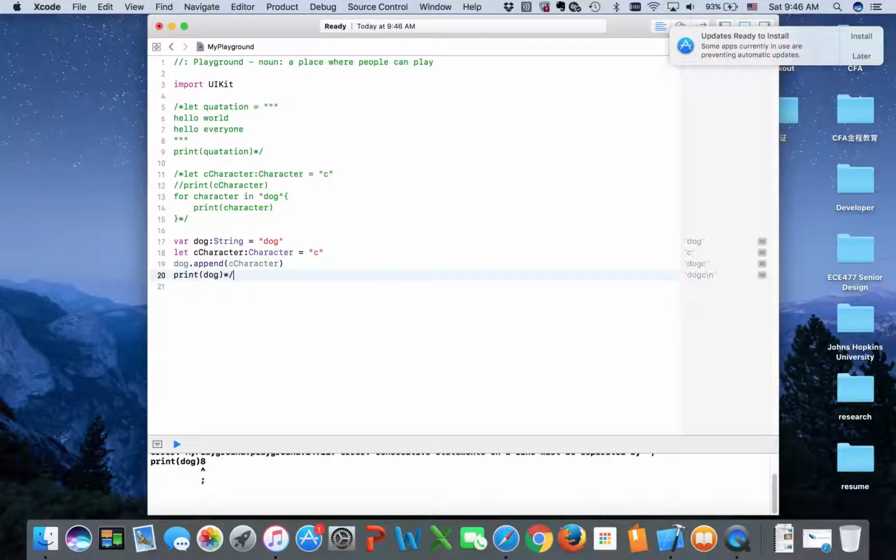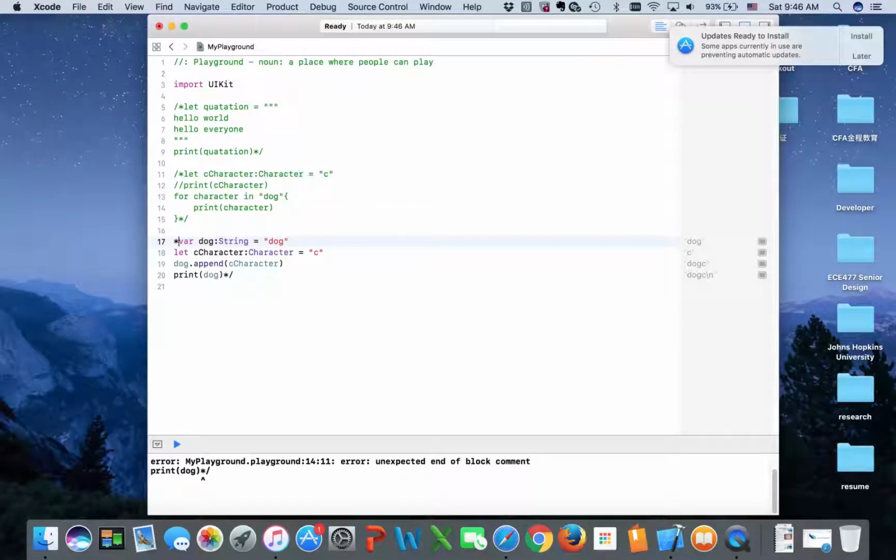So next, I would like to talk about string interpolation. So what is string interpolation? In simple words, you can print a value, but you cannot print a value inside a string directly. But how could I print a value, for example a constant, inside a string? We use string interpolation. For example, if we let multiple equal to 3,